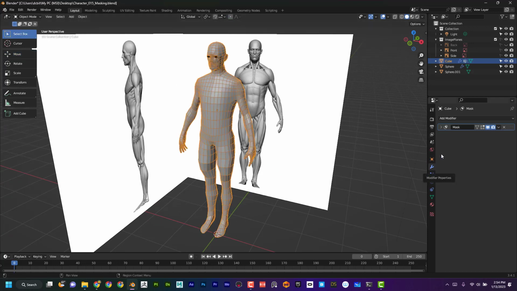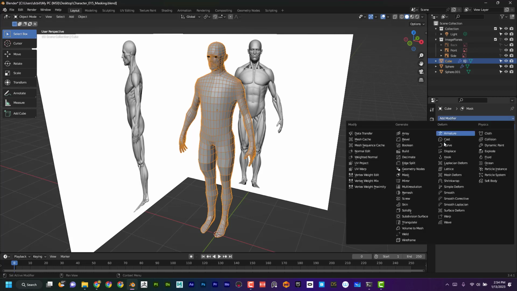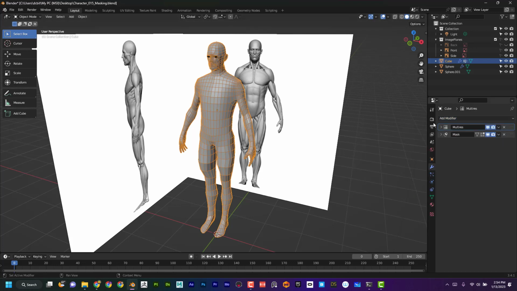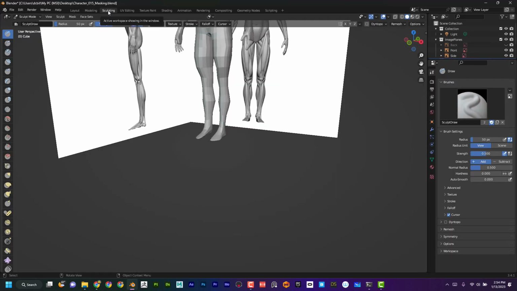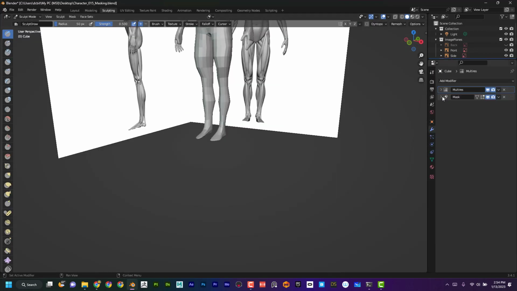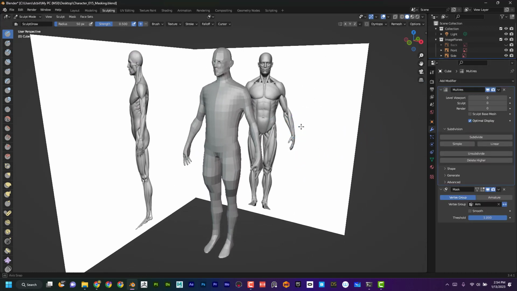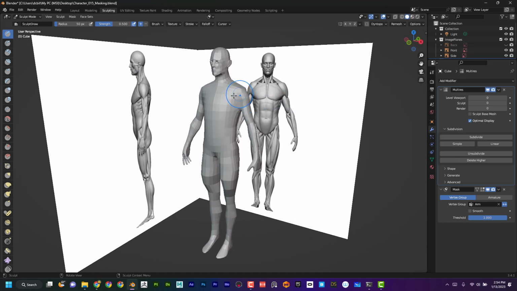I'm just going to add another modifier, multi-resolution. When I add multi-resolution, I can come in here and I can divide it. So if I come over here to sculpting, go to the modifiers, I'm just going to open these up. And I can see here that my mesh is a certain density. And when I go to subdivide,